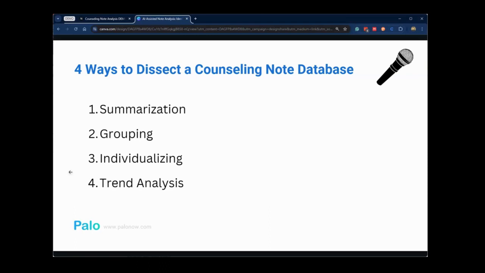And which intervention has benefited my student the most based on the student response? And if you can analyze that trend, you can really see how you can improve your practice in the following year. And then you can also identify some of the risks that maybe you couldn't see before because you're dealing with each individual case, but now the AI will be able to compile them together and say,